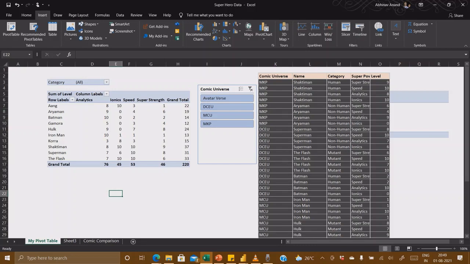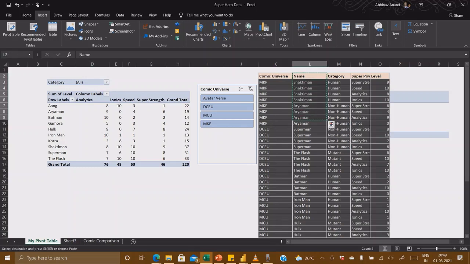So for example, in this cell we are getting filter from two columns directly. Like one column is this name and the other column is this superpower. So we have name.